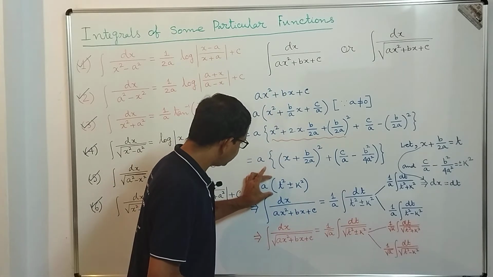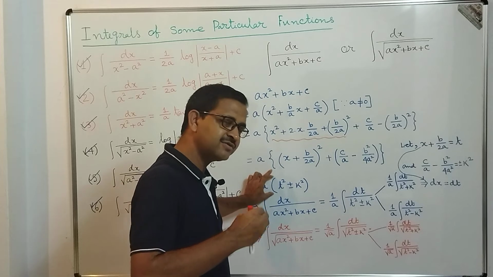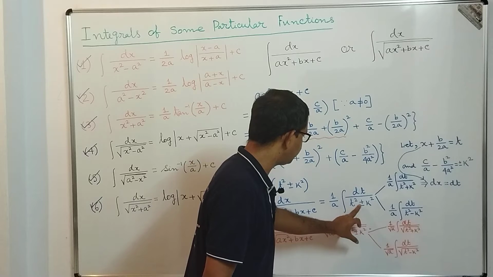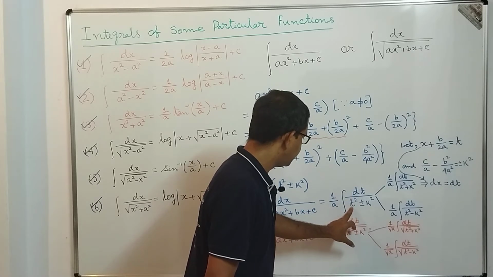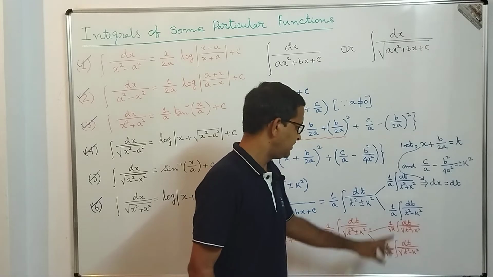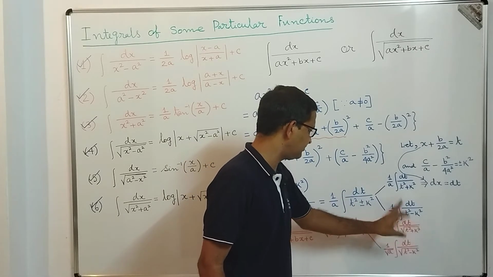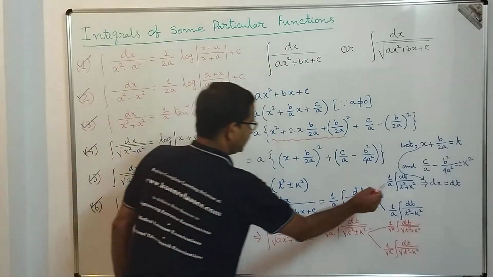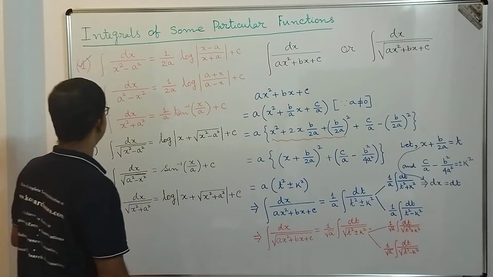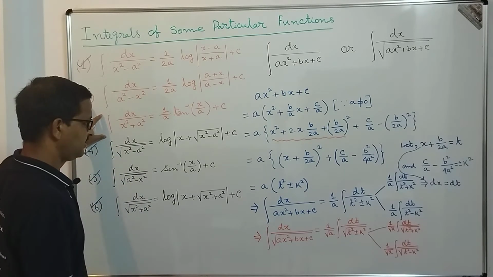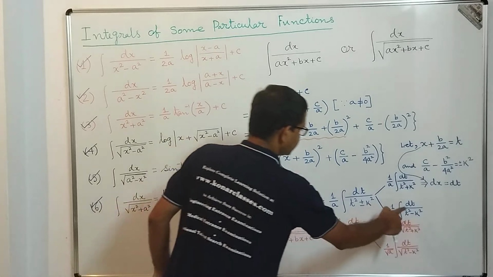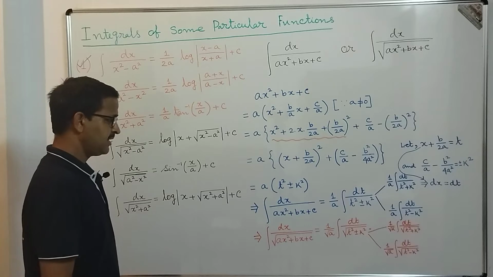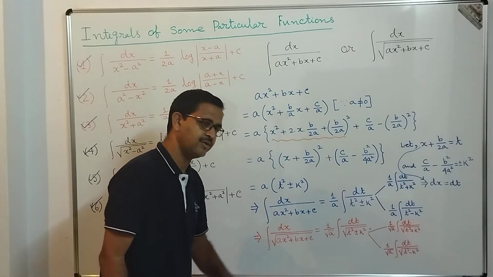Now once you get into this form, integration becomes much simpler, because we are very confident performing integration of this form: integration dt by t square plus minus k square. If it is plus, then this one; if it is minus, then this one, and these are very known forms to us, as I already explained. If we get integration dt by t square plus k square, we should apply formula number 3. And if we get integration dt by t square minus k square, then we will use formula number 1.